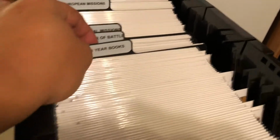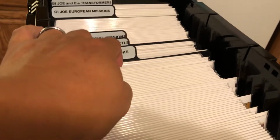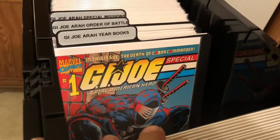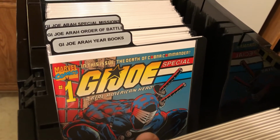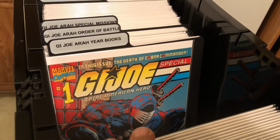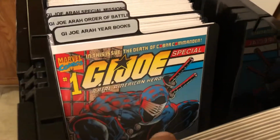artwork that Todd McFarlane had originally done. Thing is, they didn't really like the way he told the story with his art. Not that it was bad, it just wasn't as good as what was actually released by a different artist, and that's who they used. But they kept the art and decided to re-release Todd McFarlane's version of that issue, and then you can read both to see which one you like. I still prefer the one that came out originally versus the Todd McFarlane, but I love the cover of this